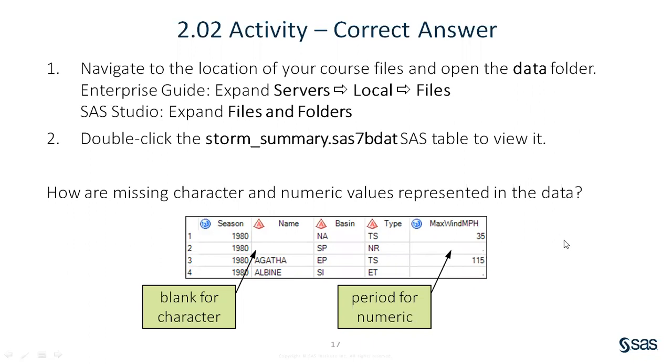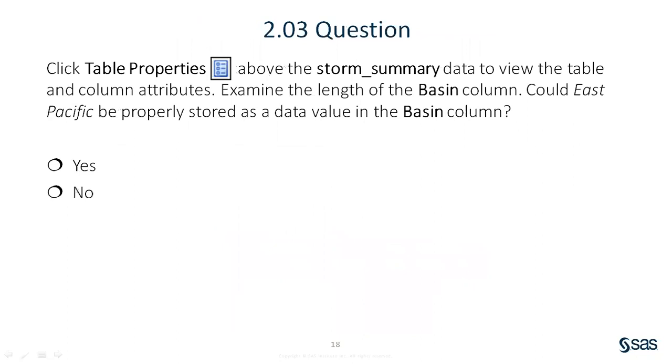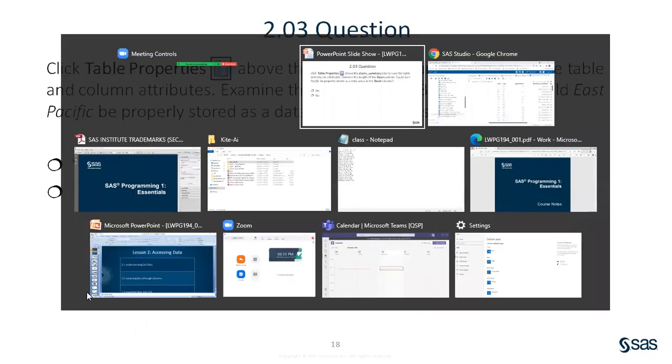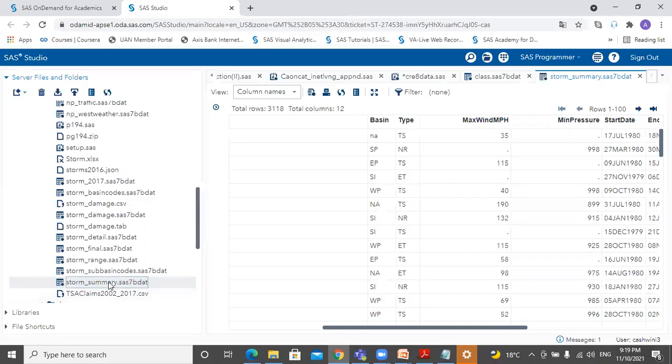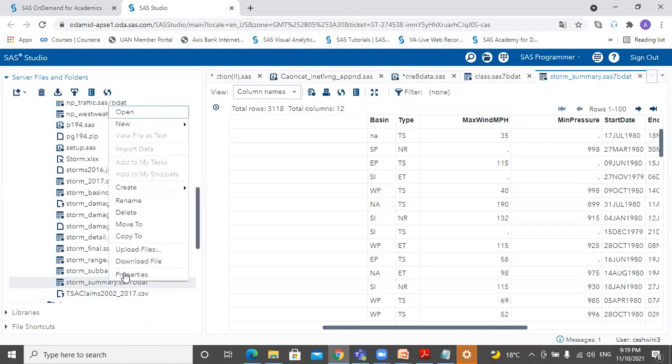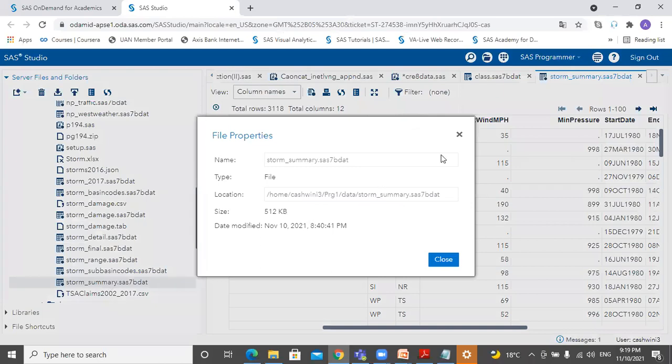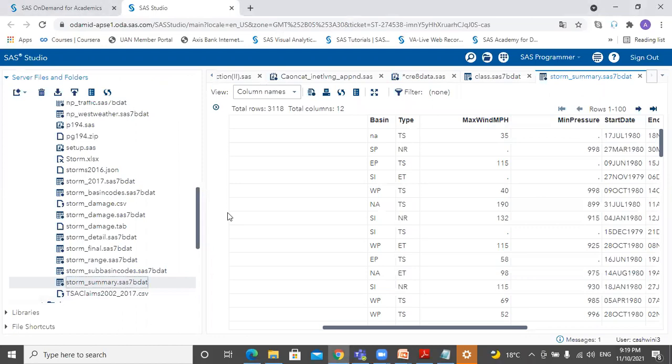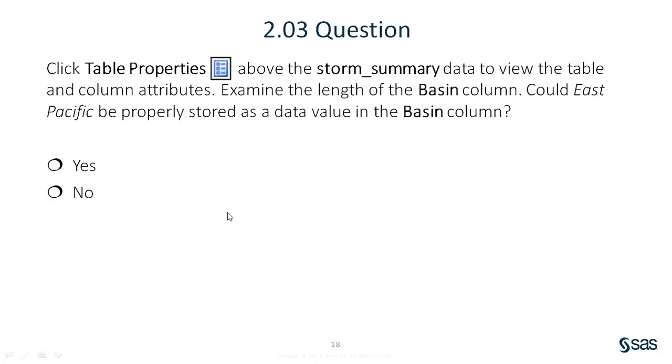All right. Click the table properties for the storm summary data to view the table and column attributes. Examine the length of the basin column. Could East Pacific be properly stored as a data value in the basin column? So let's check these properties. I'll right click, and we have the option of table properties.